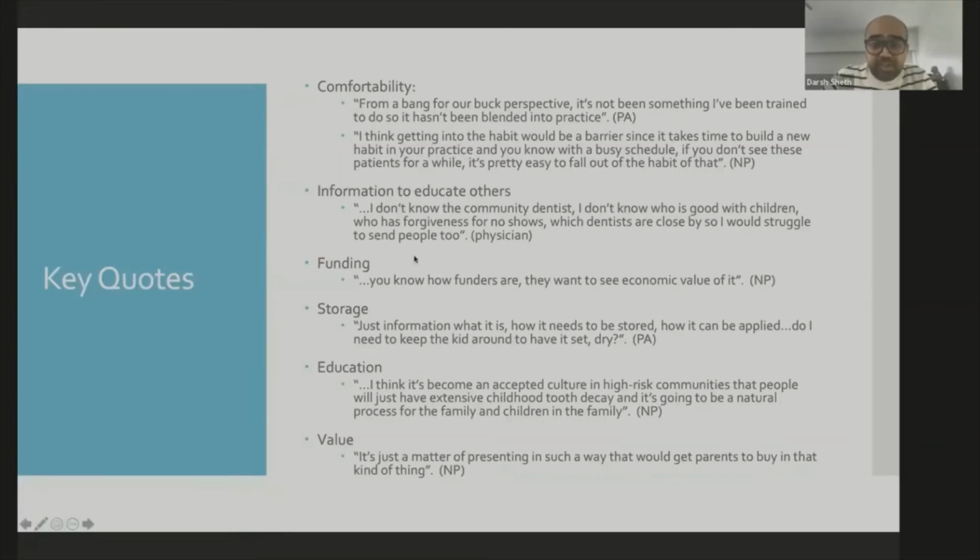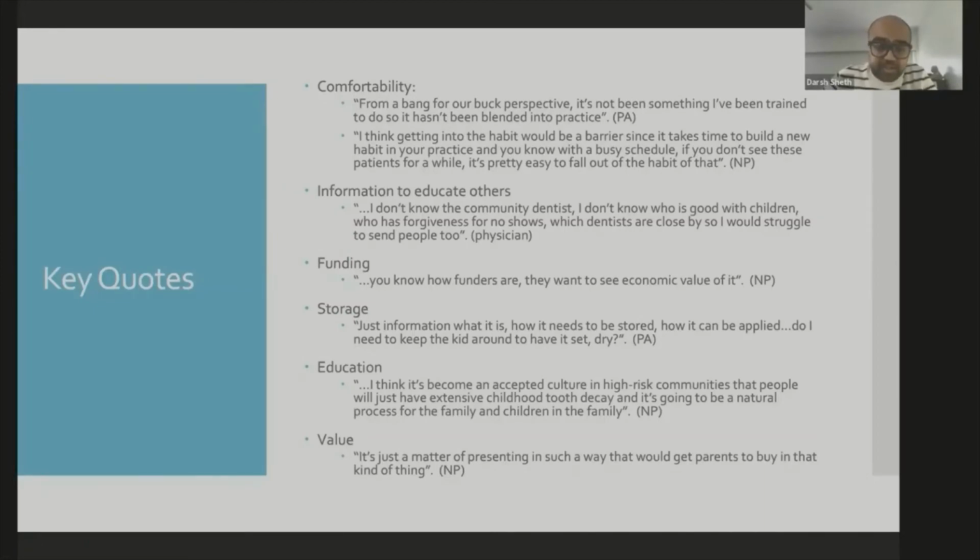In terms of information to educate others, I noticed that the referral process was identified as a key barrier. So one physician did say they don't know the community dentist. They don't know who's good with children, who has forgiveness for no-shows, which dentists are close by. So they would struggle to send people to the dentist. So again, it's that disconnect between the medical and dental profession that was identified as a key barrier to information